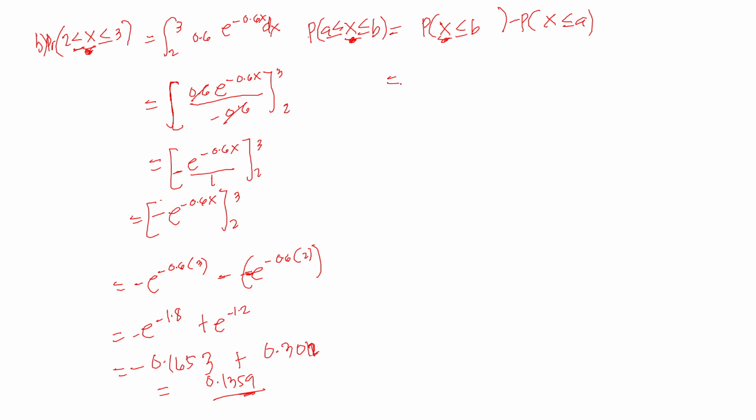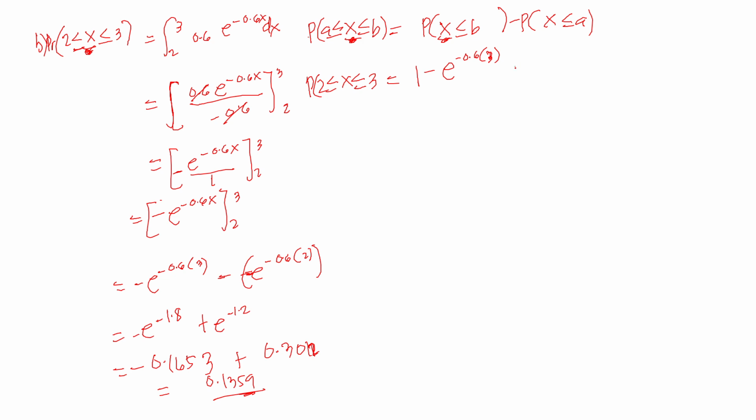So we have two formulas here. P is equal to 1 minus e raised to negative 0.6 times 3,